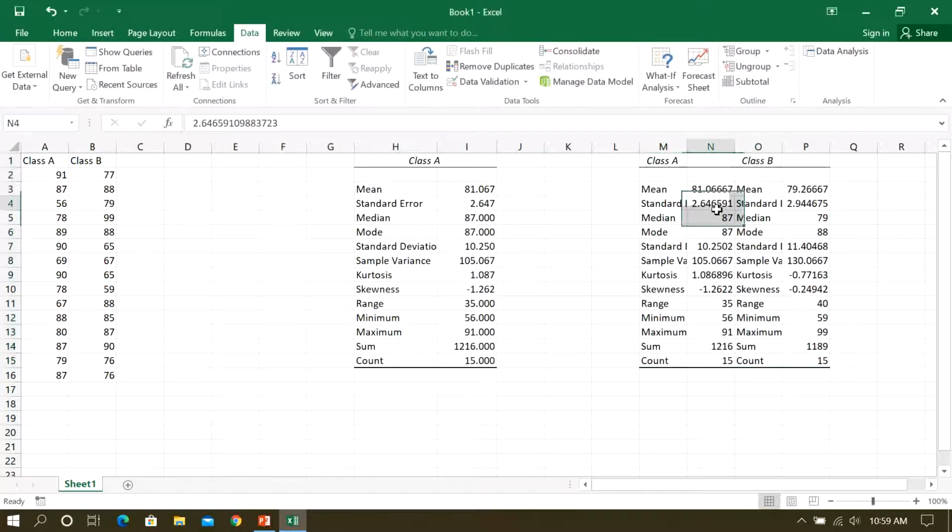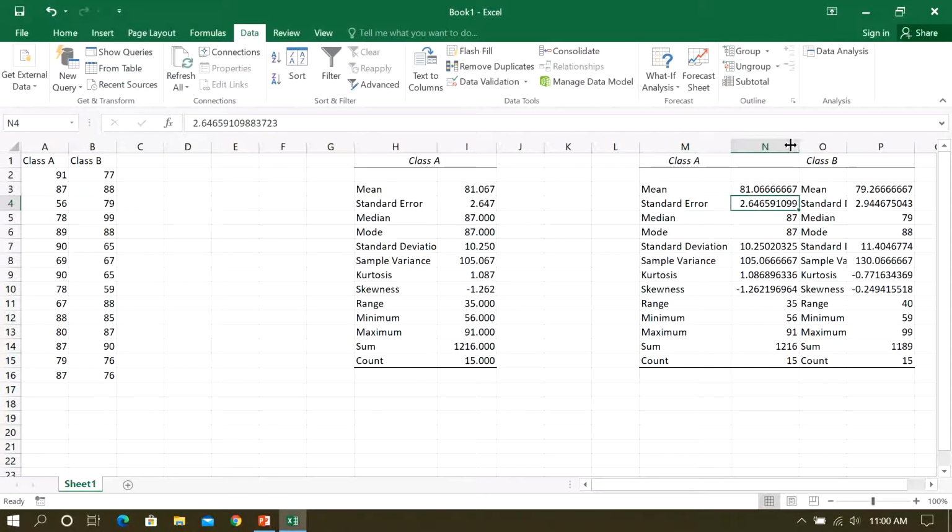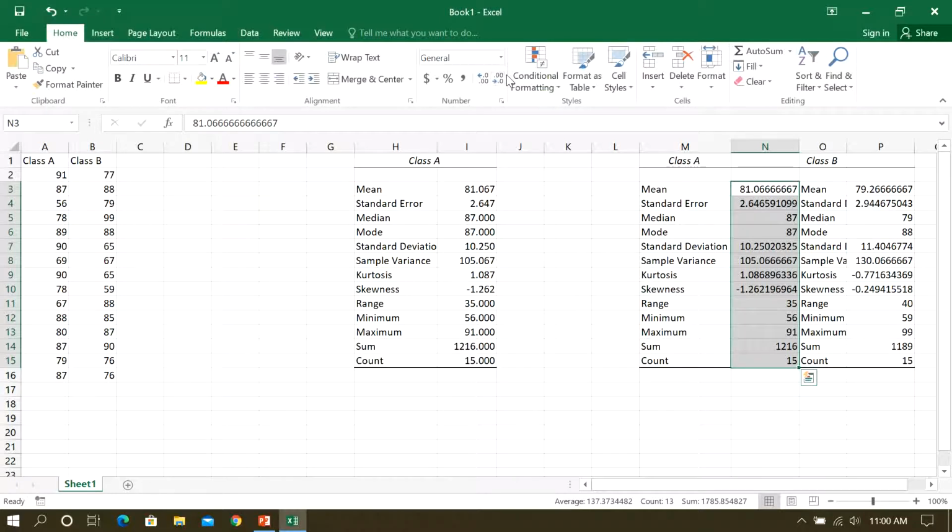So you can see it. The result is there for class A, all things are there, and for class B, all these things are there. What I have to do is reduce the decimal points. You select all the numerical values, go to Home, and decrease the digits from here until 3 digits.